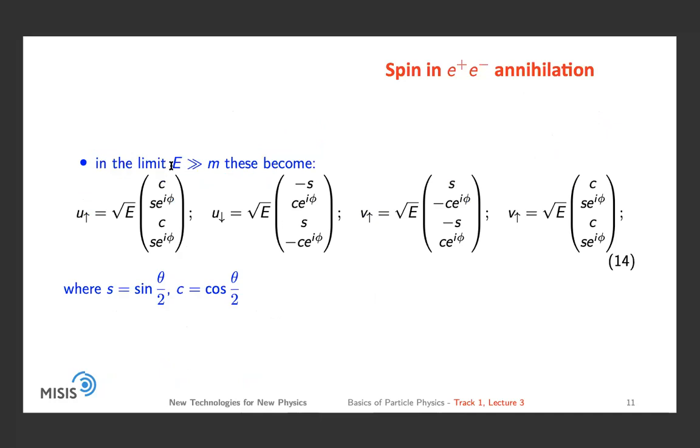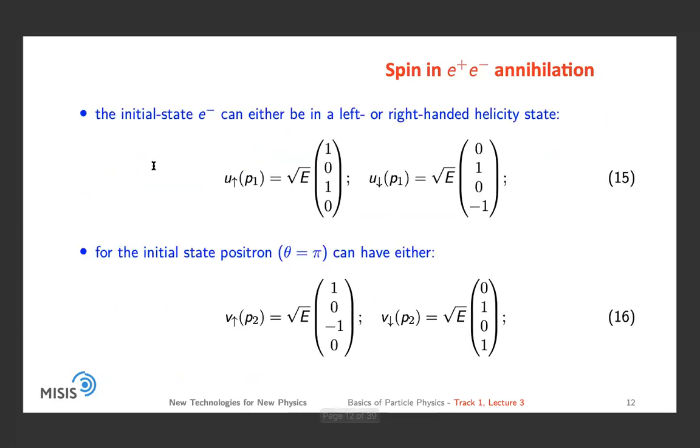And write them down, again, neglecting the masses. So we get the following expressions for the four spinors which we are interested in. Then the initial state electron can be in the left or right-handed helicity state. And then the initial positron, we need to remember that it has theta equal to pi, therefore it can look